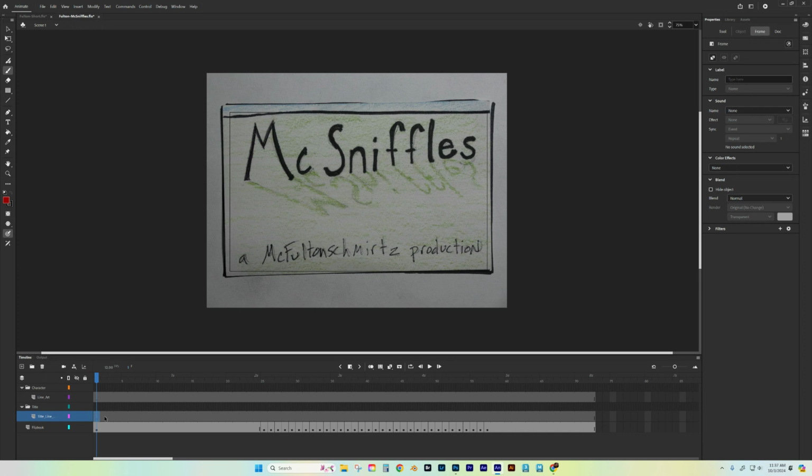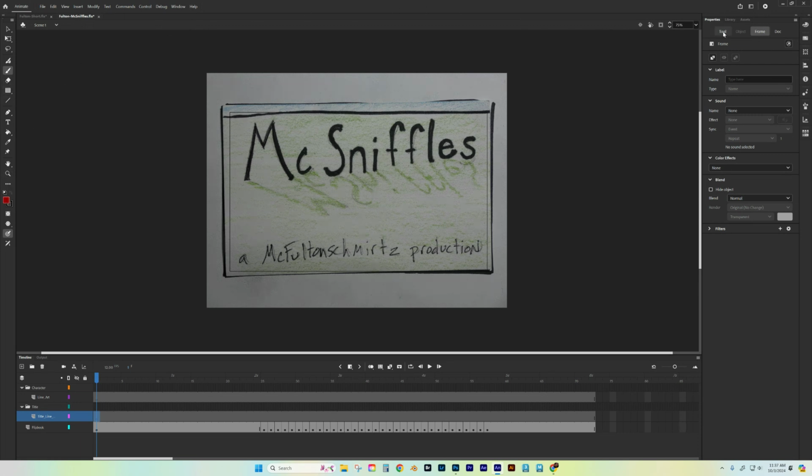So now that I've got this, what I'm going to start to do is choose my brush, and your line art can be whatever color you want it to be. I'm just trying to make mine match the artwork that I have here, so I'm just going to be using black. So I've got a regular classic brush tool, or you can press B on your keyboard, and I'm going to choose a fill color